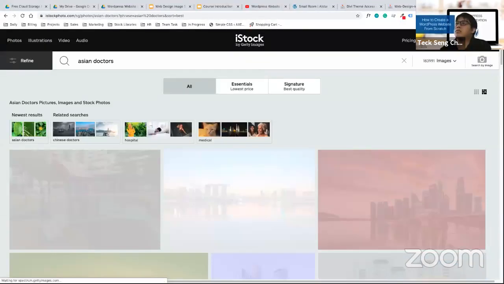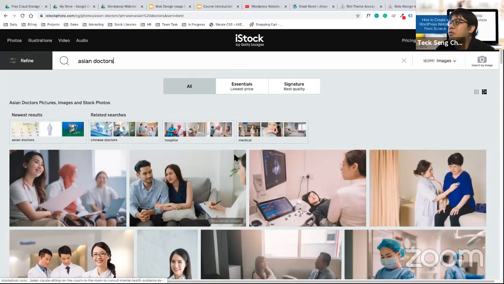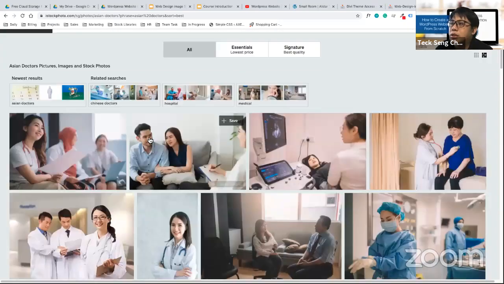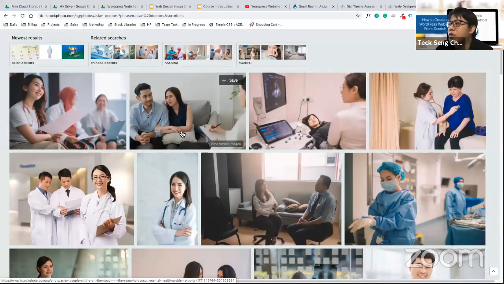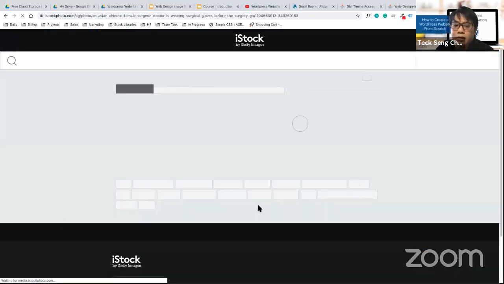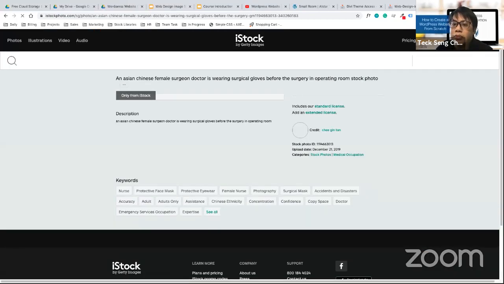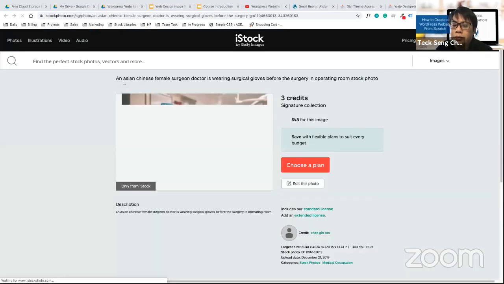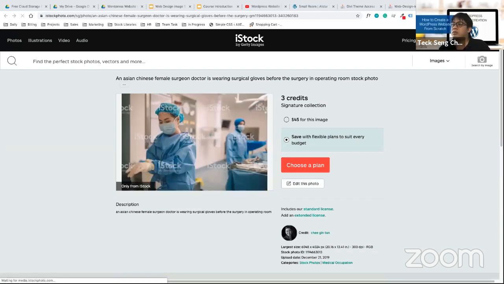Most of you will like to have Asians in your photos, as they have more Asian photos. But the thing is they are more expensive, the most expensive of the ones I introduced. Right now you can see the image is about $45 USD per image.